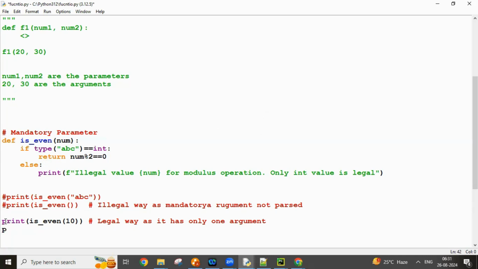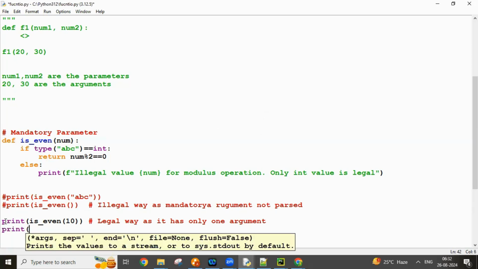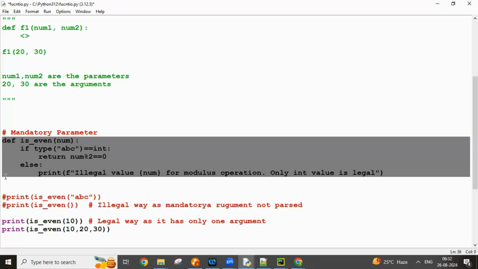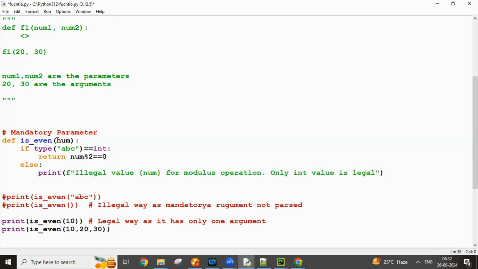So we need to understand what is legal and what is illegal. Got it? So when I do is_even, and say I pass other than one, let's say 10, 20, 30, for example. This is again illegal because the function definition requires how many arguments, Aparna? The function definition requires how many parameters? One. But how many have we passed? We have passed 3. Got it? So this is illegal,